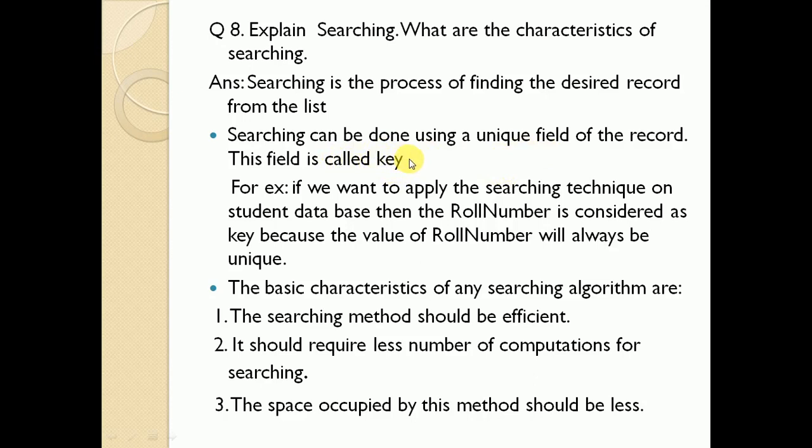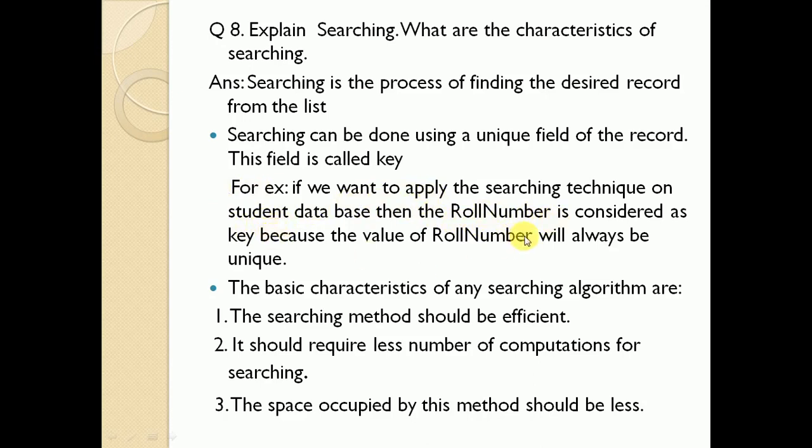They have given one example here. If we want to apply the searching technique on the student database, the database which stores the information about the students, we find a particular roll number. So here roll number is considered as a key.